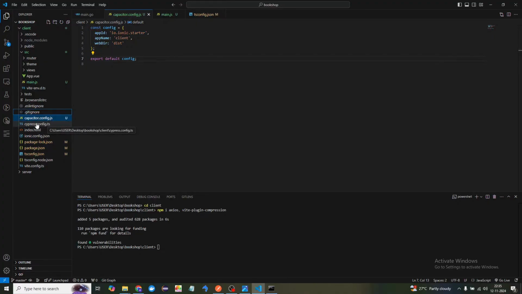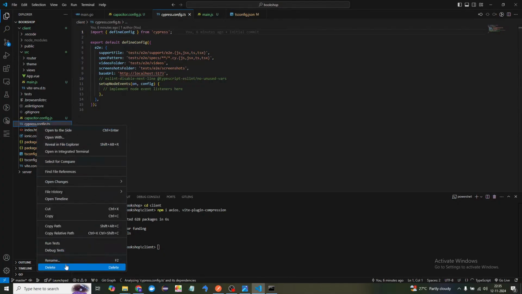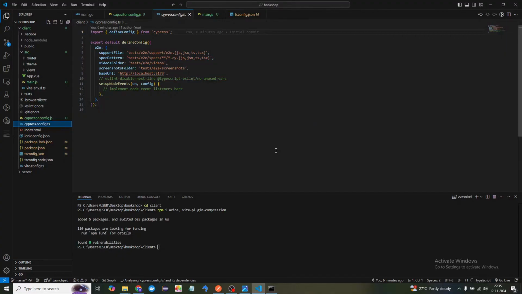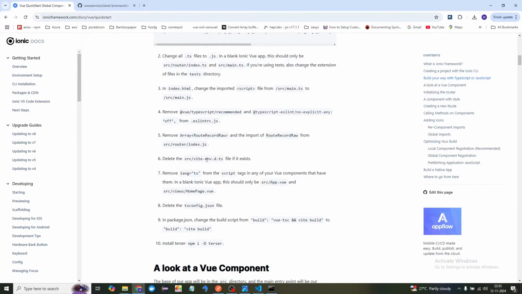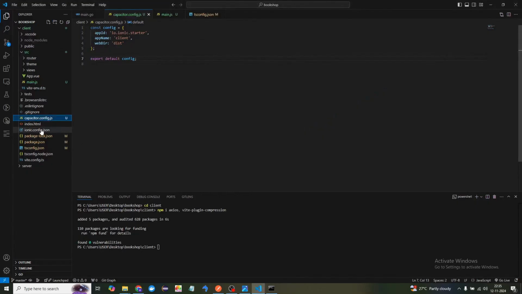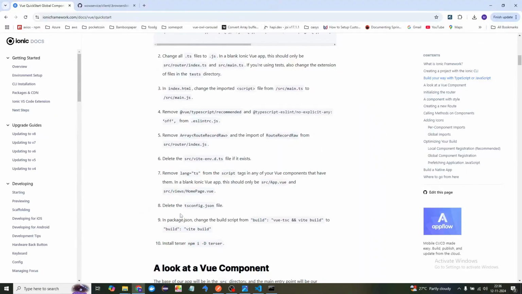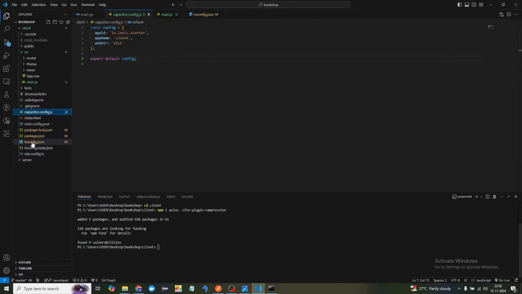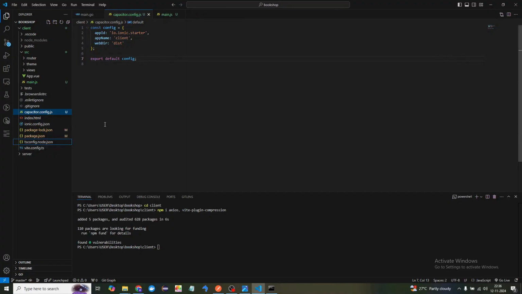Next I'm going to remove this test file as well, Cypress. We don't need that anymore. As of now we are not going for testing the application. Maybe later we can do that, and then we will import that file. So delete the vite env.d.ts file if it is there. Let's see, env.ts file, we can remove that as well. Fine. And what next? Delete the tsconfig.json file. Do we need this? No. So I'm going to remove this file as well,